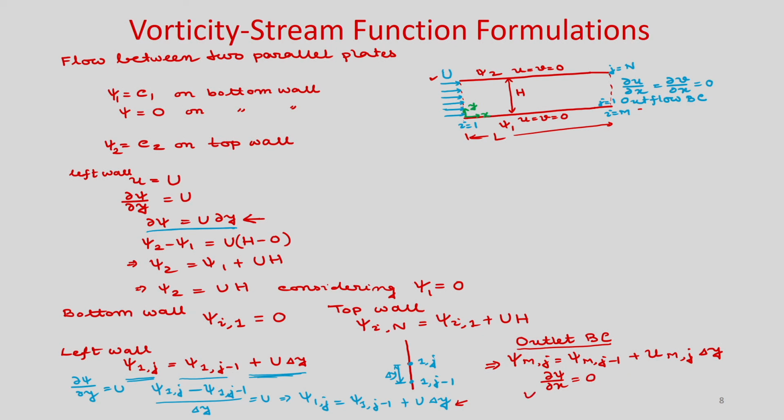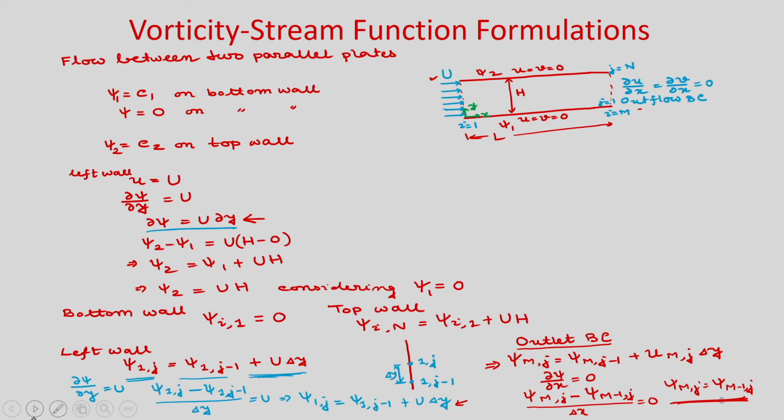So, you can write psi, j will vary, at m j, minus psi m minus 1 j. If you use first order, delta x is equal to 0. That means psi m j will be psi m minus 1 j. So, it will be easy to use this condition. So, you can use psi m j is equal to psi m minus 1 j.